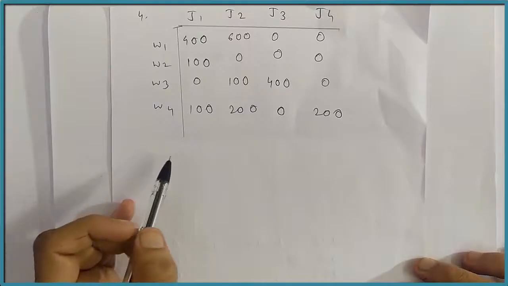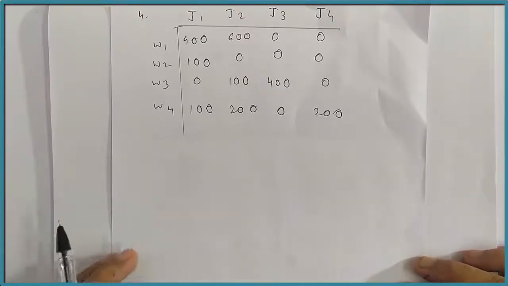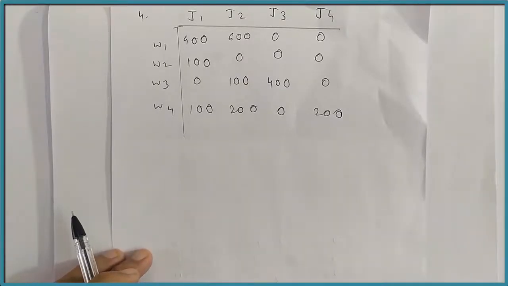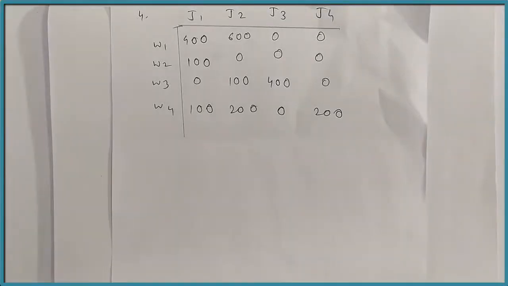Now again here we want to draw the minimum number of lines to cover all the zeros. Now for that purpose, again we will follow the row scanning and column scanning. In the row scanning, we will start with the first row. If the row contains exactly 1 0, then we will mark a square around it and we will draw the vertical line passing through that 0. Otherwise we will skip that row.